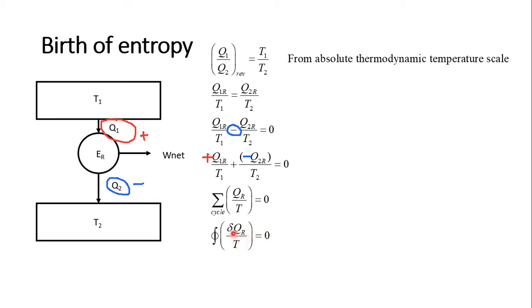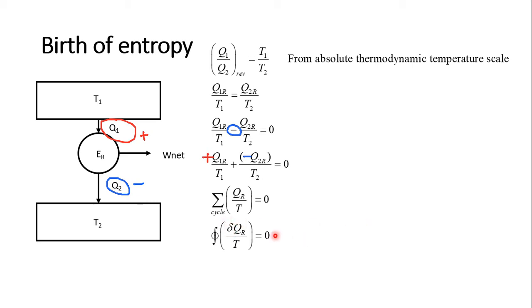Now if you see over here, I have written this as delta. Why? Because we have already discussed that work and heat are both which type of function? Path functions. Means they are not a property of a system. They are path functions and don't depend on the point. Therefore, they are inexact differentials, so they are denoted by delta.